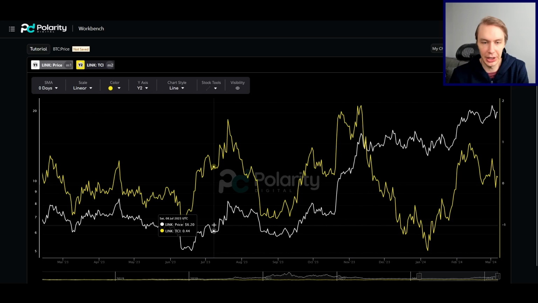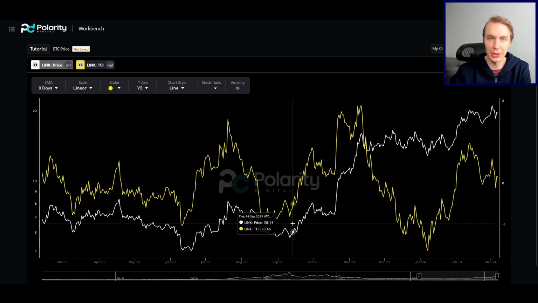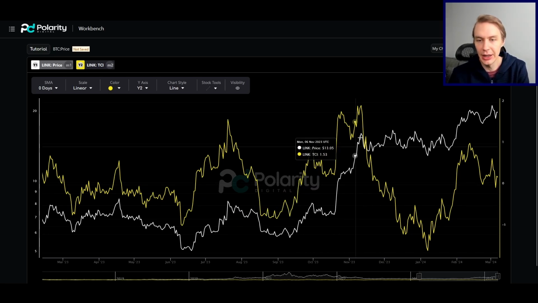So for example, in this rally here, trending up, everything was good, but then as soon as you saw this starting to form, that was concerning, and indeed back down we went. But then you'll notice that the TCI started to trend up again back here, which is a good sign, suggesting that strength was coming back into the Link market. And indeed, that then catalyzed us to have this big uptrend on the TCI